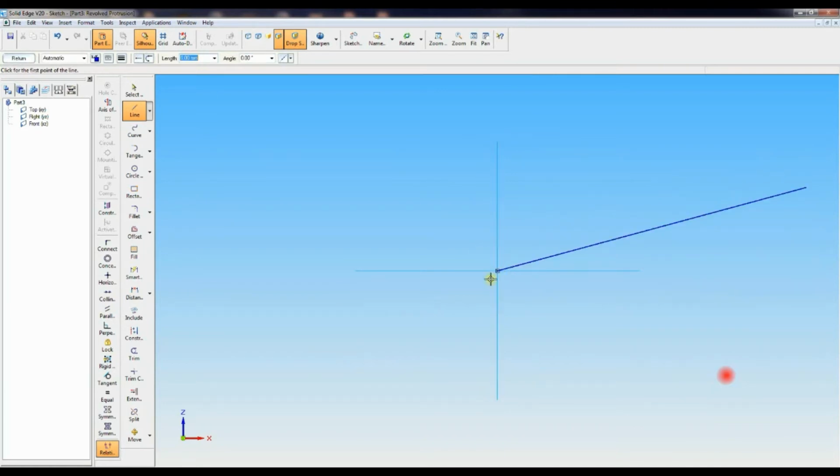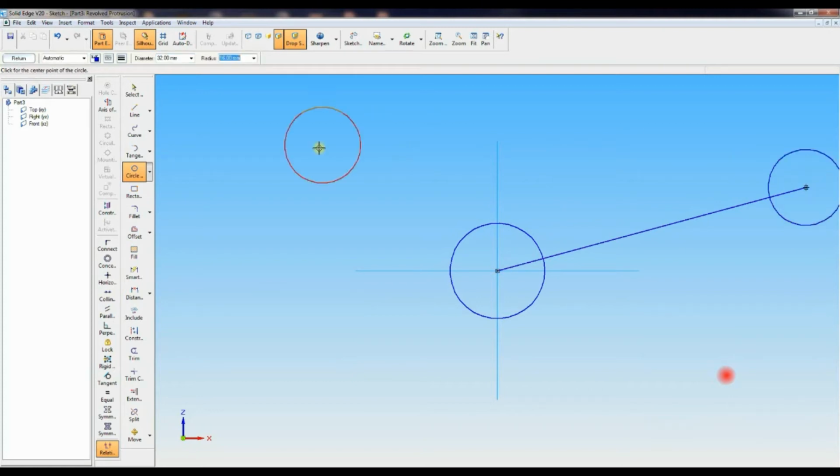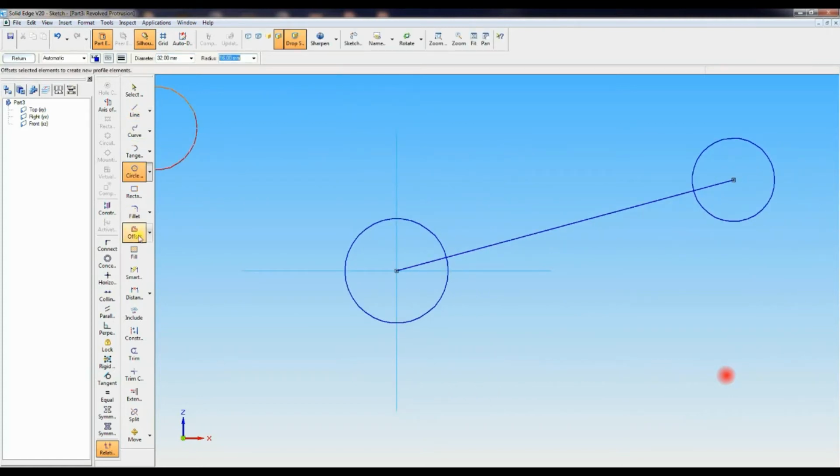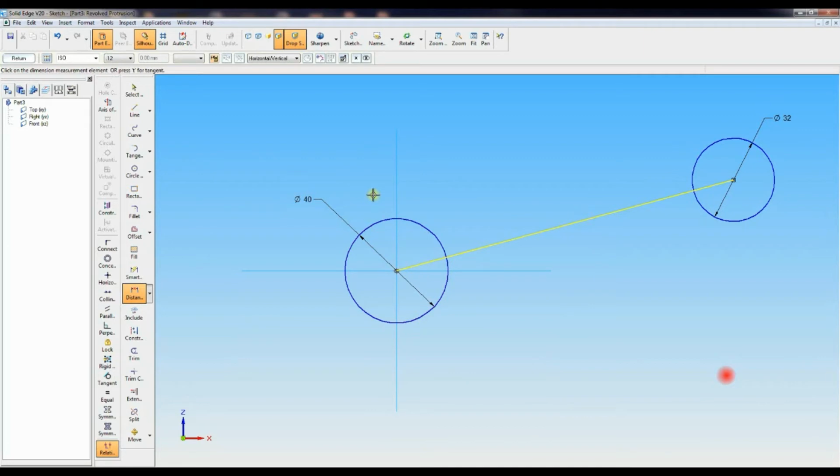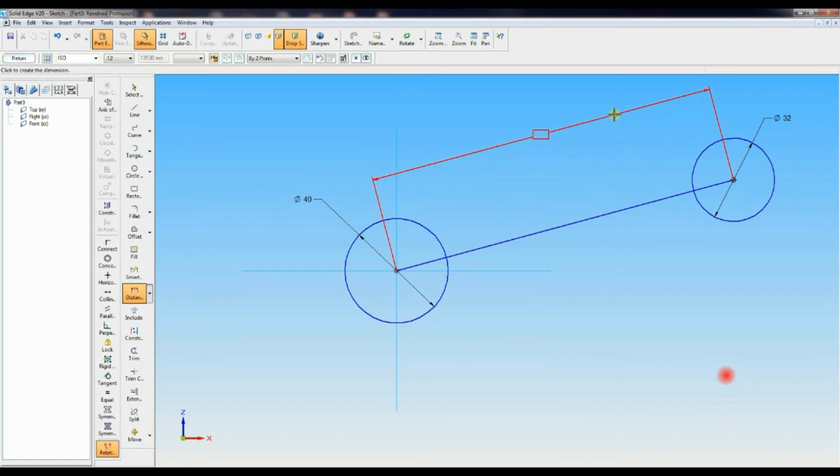Click the circle, click on the line exactly on the center, then draw one circle of diameter 40, another circle of 32. Then go to symmetric distance 32 and 40, then the distance from that end to the other end. For that you select two points, the 135 distance, angle is 15.